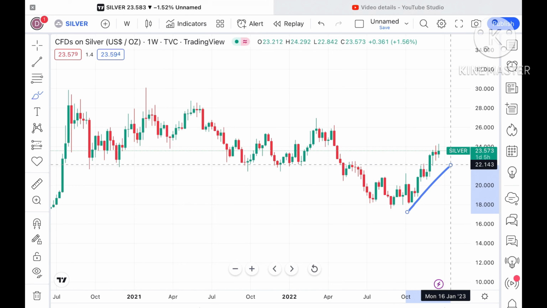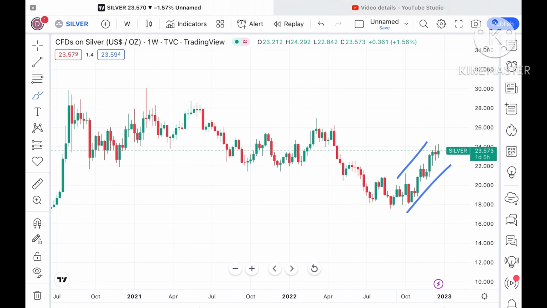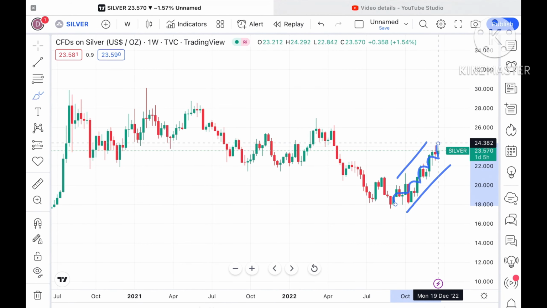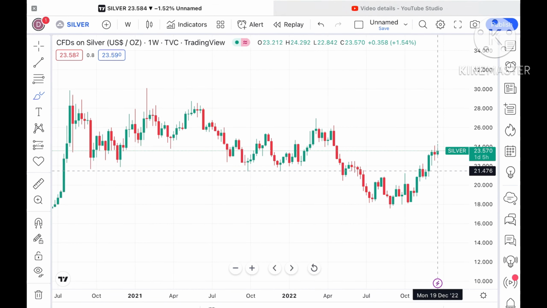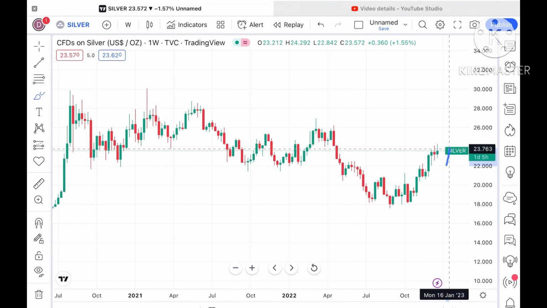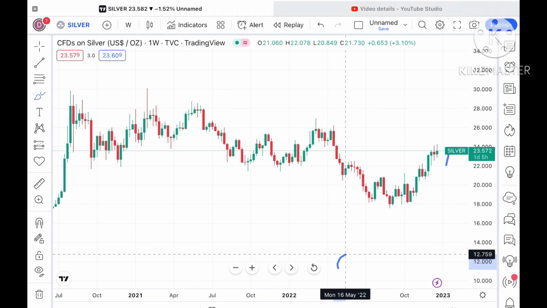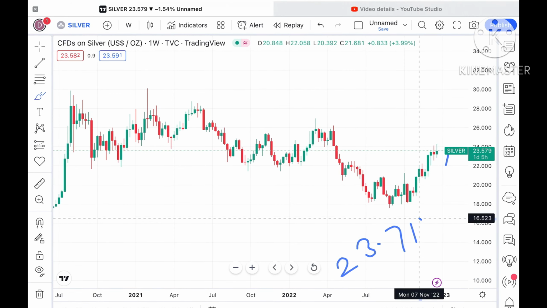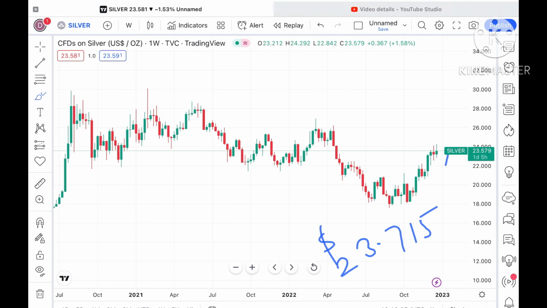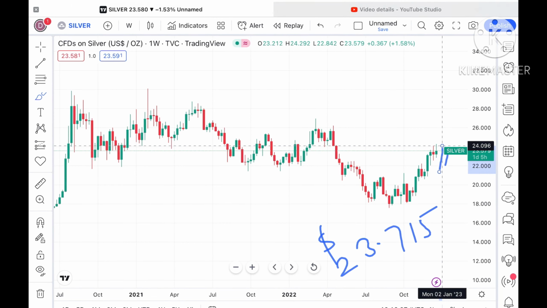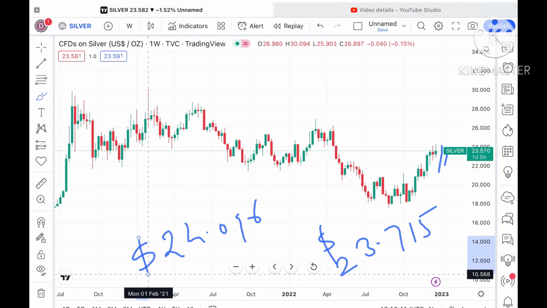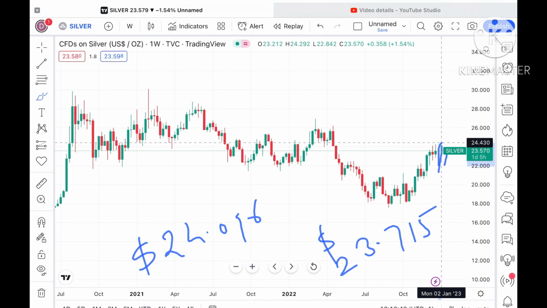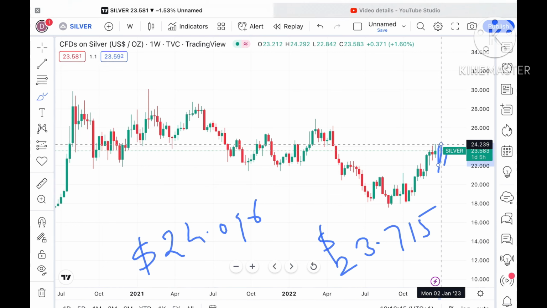There is a continuous upside movement, and it is moving in an ascending order but in a quite volatile range. Suppose the price sustains above this particular level, which is highly likely, then chances are high we can see a level of $23.715. If that level moves further upside, then we can see it go towards $24.096. And suppose the price sustains above that level, then we can see it go towards a level of around